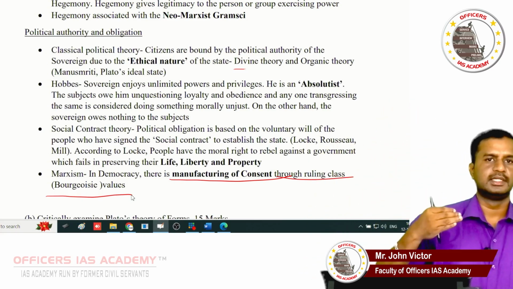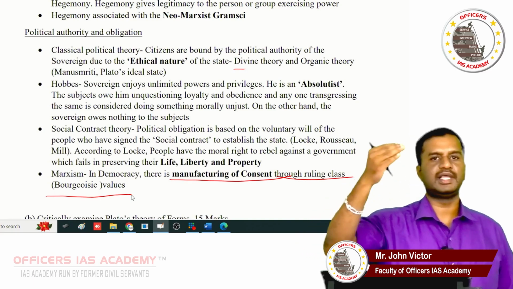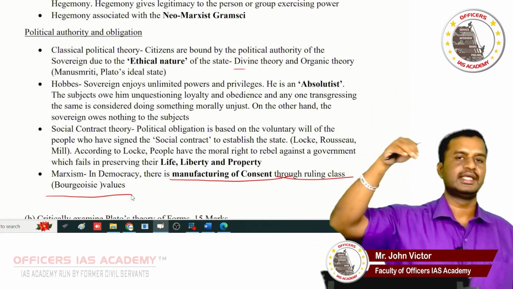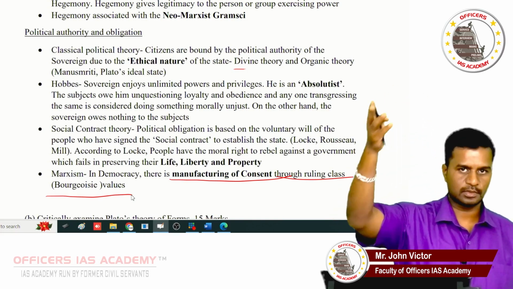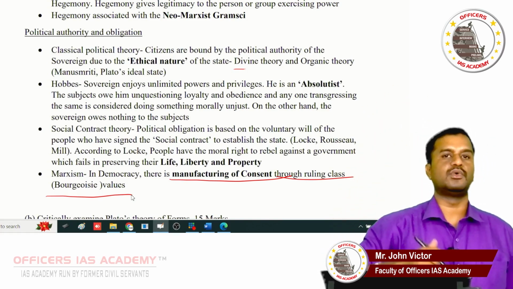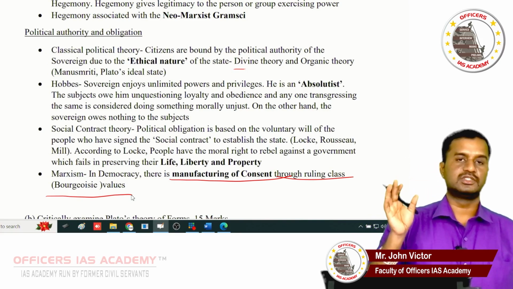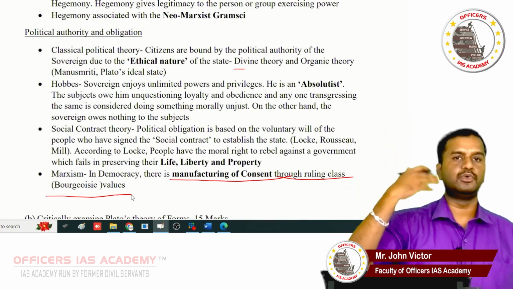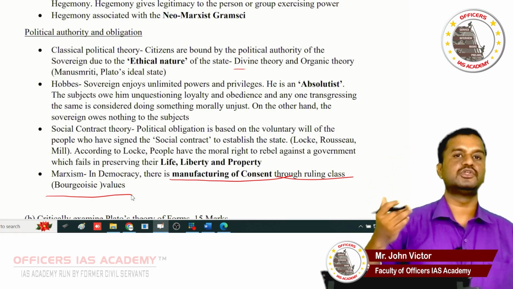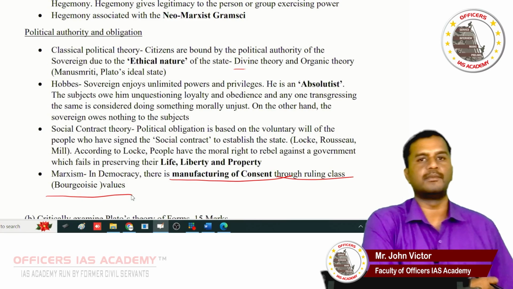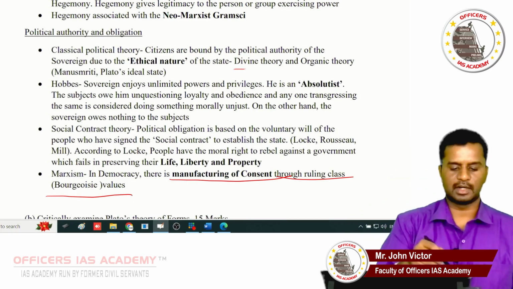Bourgeois, proletariat. Seen through ownership of capital, we have the worker and the capitalist. Seen through the larger society, the capitalist also becomes a bourgeois, the worker also becomes a proletariat. The bourgeois is not the only owner of the capital, he is also the owner of the mental production. The values are given by the bourgeois, these values are taken by the proletariats. Ultimately, these values form the basis for liberal democracies.